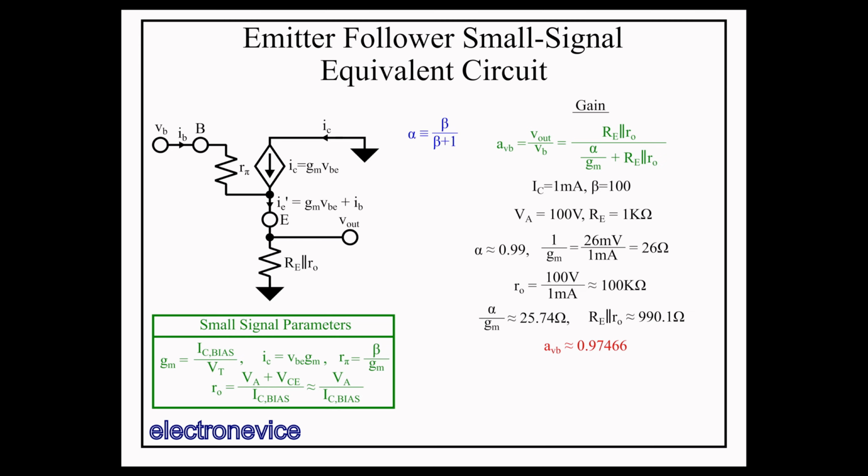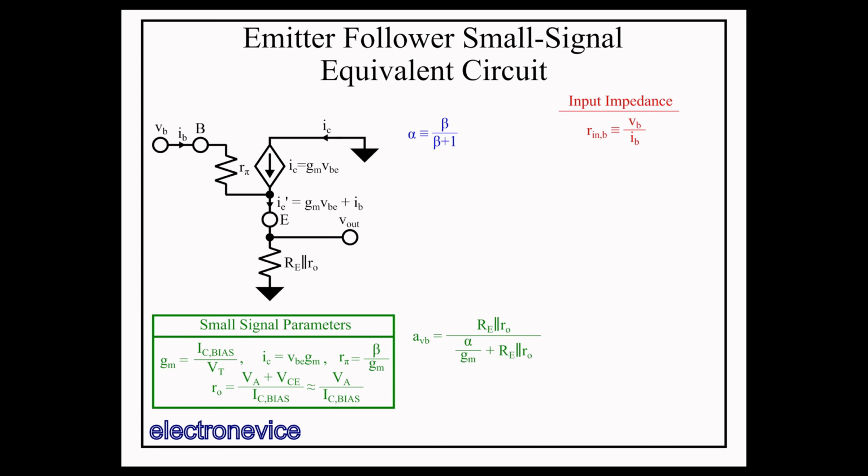So now that we've got this expression for gain, let's get an expression for the input impedance. For this circuit, input impedance is defined as VB over IB. We already derived an expression for IB in terms of VB earlier, so using that, we can rearrange it so that we have an expression for Rin. Here we see that the input impedance is much higher than the input impedance of the common emitter circuit by beta plus 1 times RE parallel RO. Note that the output load of the circuit would also affect the input impedance as it would be in parallel with RE and RO.